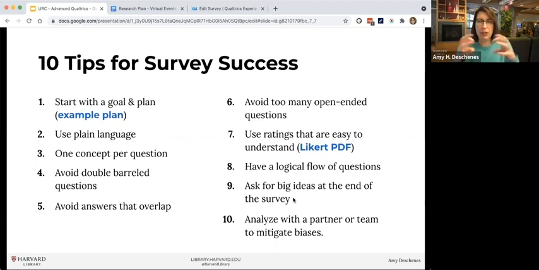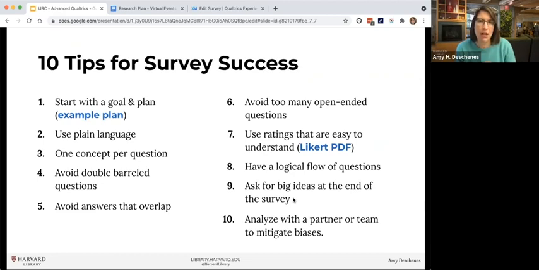That has been shown, using that wording is easier for people to answer, rather than saying, is there anything else you want to tell us? That feels very open and it's a little bit more work for the person. But if you're setting that context of, just tell us one thing, that's it, one thing you would change. And often they tell you more than one thing, which is fine too. But I think it's more likely that people will answer open-ended questions if you're giving them specific parameters around that.